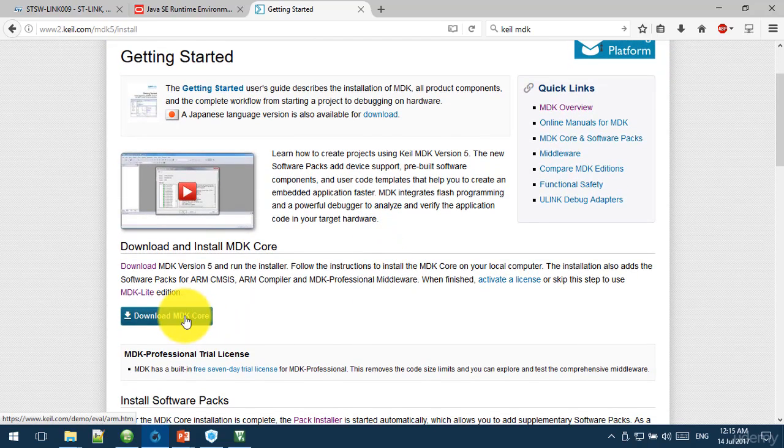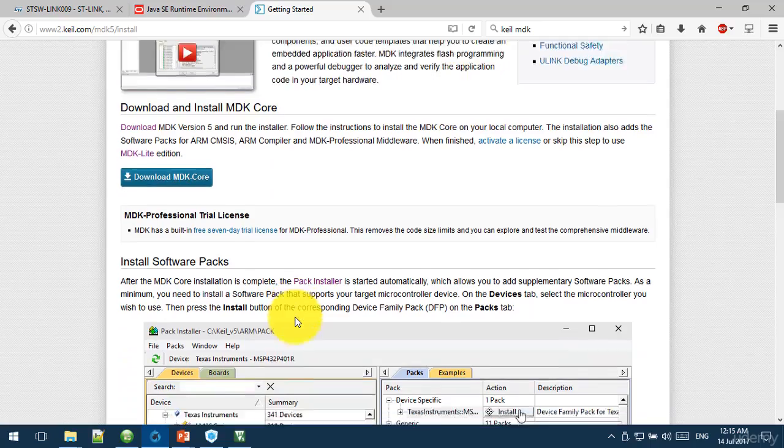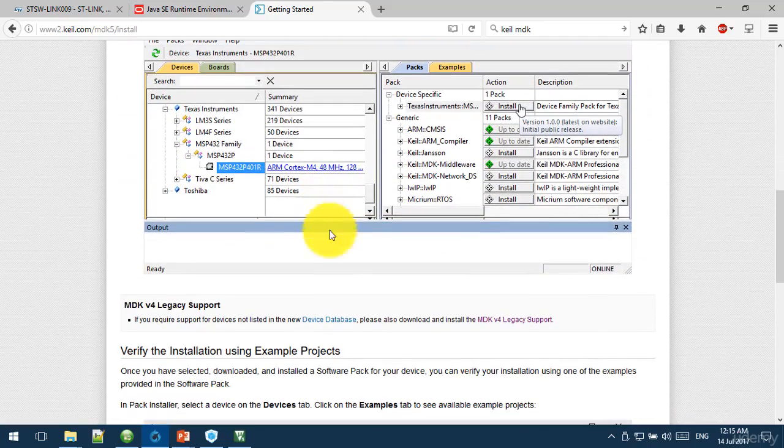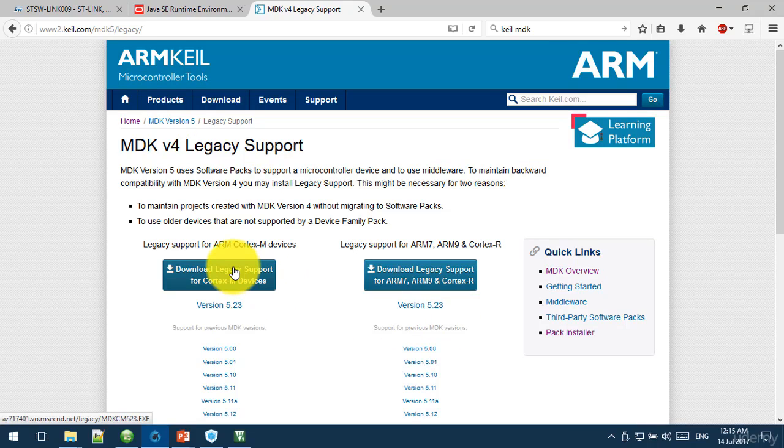Click this button to download the MDK core. To download the legacy support, you can click this link and then click this button.